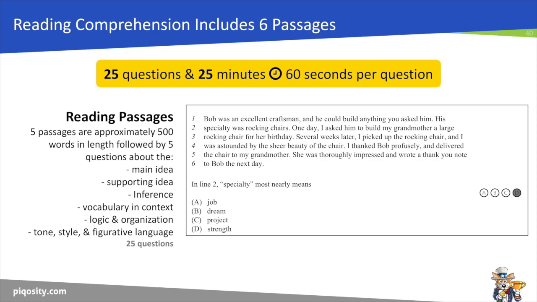Lines are numbered, but keywords are neither bolded nor underlined or otherwise called out for students in any way. Therefore, the concept of active reading, the process by which students are underlining and circling, may be very helpful here. There are 5 types of questions asked: main idea, supporting idea, vocabulary and context, tone, style, and figurative language, and everybody's favorite, inference, in which students must determine what the author might say or believe based off what the students